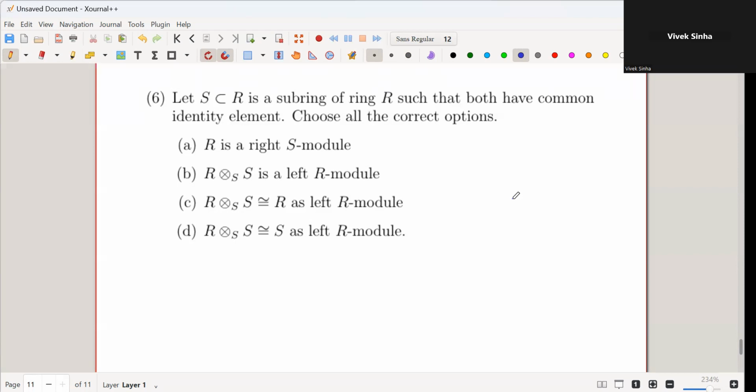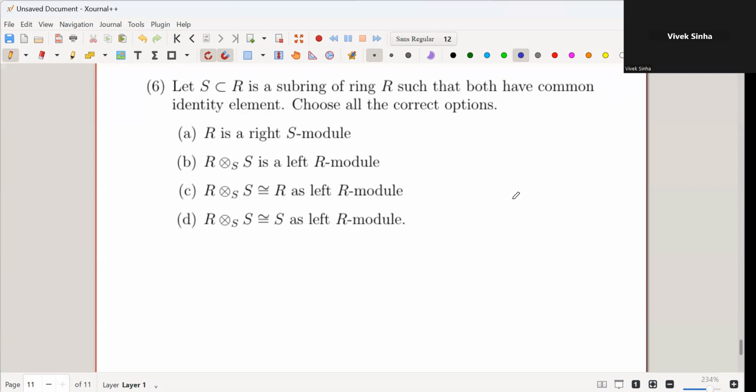First, R is a right S module. So you can define the right module structure over S in the most usual way. So you define R dot S. You have to define the right S module,